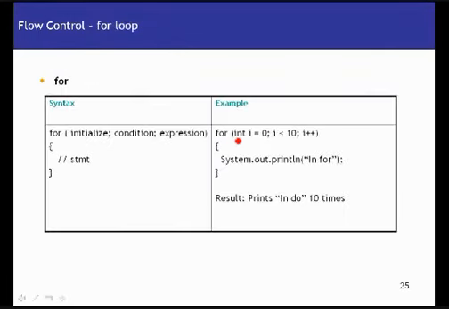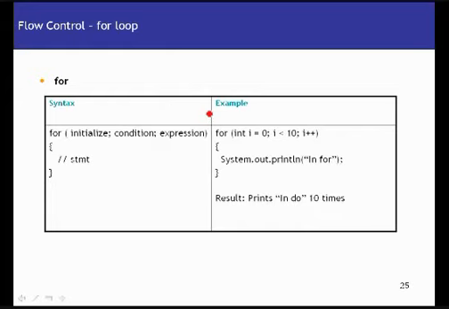The for loop again is used for the same reasons you use a while loop, to execute a certain set of statements repeatedly based on some conditions, right? If you have a look at the syntax here for the for loop, the first statement has three things in it. The first thing is initialize, then providing a condition, and then an expression. Most of the time what you initialize is nothing but a counter. Say I want to execute a certain set of statements 10 times. I'll have to have a counter so that I can keep track of the number of times the statements are being executed. So in the initialize block, I initialize the counter.